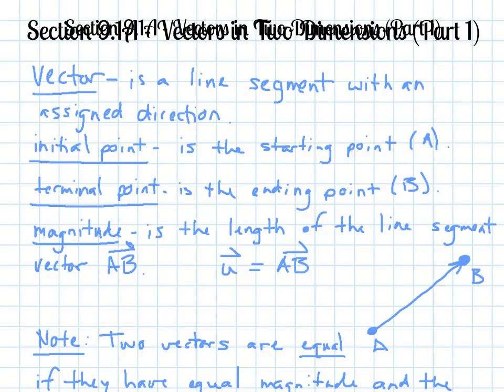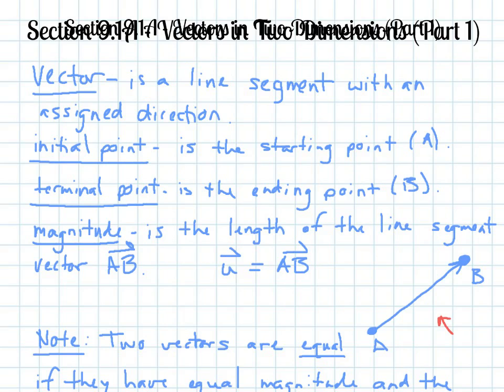Now, for vectors, if you had physics, most of the stuff will be just review for you. If not, then this will be kind of new. But vectors are just kind of like rays. They are a line segment that have an assigned direction. So they look like this thing down here that I've drawn, where it's got an endpoint and then there's an arrow. So that's what it means, assigned direction, kind of like a ray. So there's not an arrow going in the other direction for A, or towards A, but it is going towards